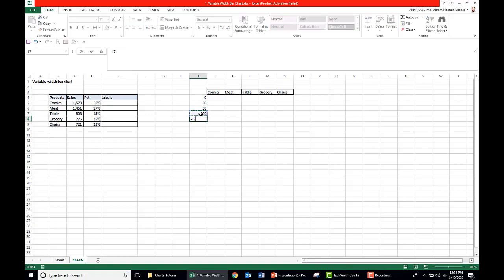Again we need to add the next percentage times 100. So this total is 57, meaning 30 plus 27. Take 2 more times. We need to do the same thing to reach up to 100. So we add 57 with this 15% times 100.